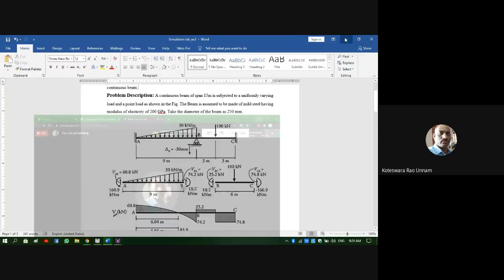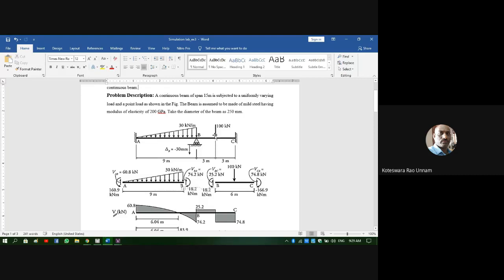Now for the point load, the only thing is I need to identify the location of this point load. That point load is acting at a distance of 12 meters from the left hand or 3 meters from the right hand. Since I always specify with respect to the origin of the coordinate system, I need to take A as a reference. So this point load is acting at a distance of 12 meters. Therefore, I need to identify the node which is located at 12 meters from point A. Then for that node, I'll apply this 10 kilonewtons.